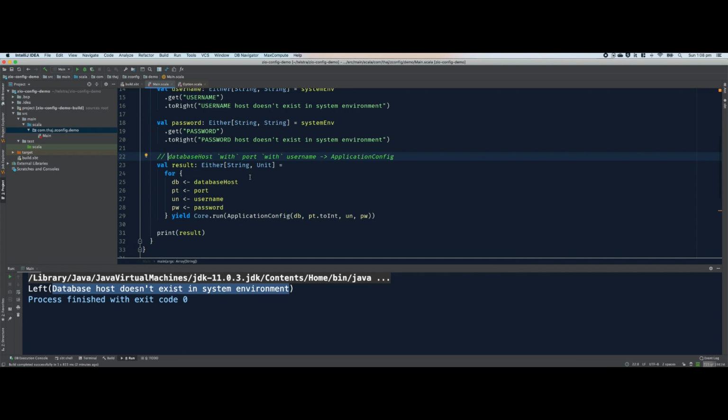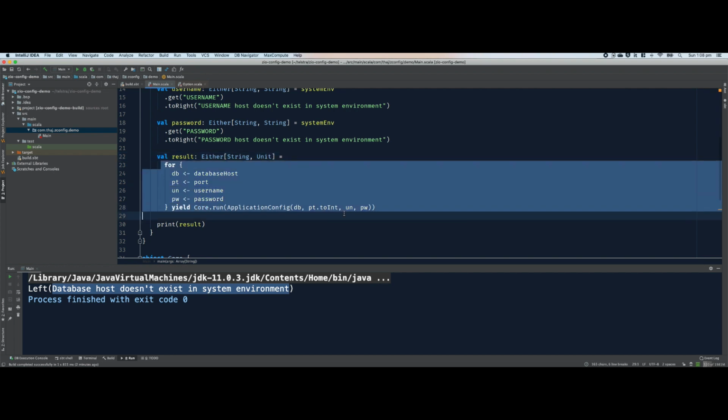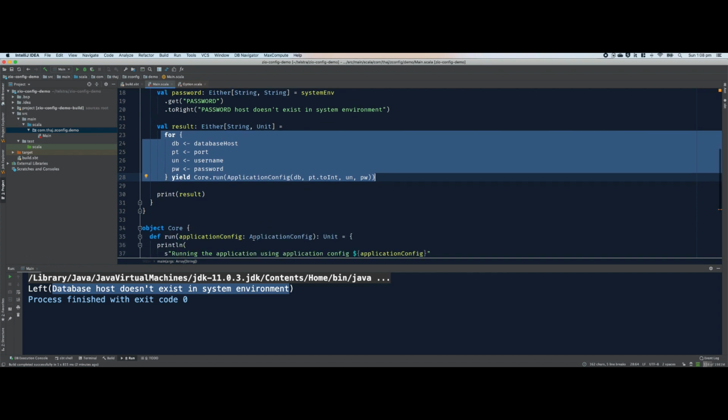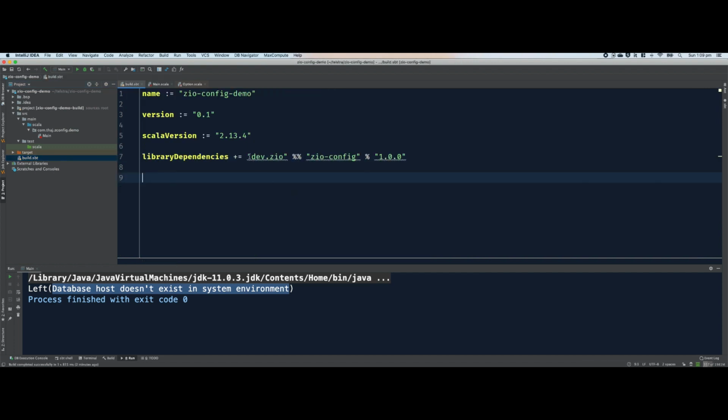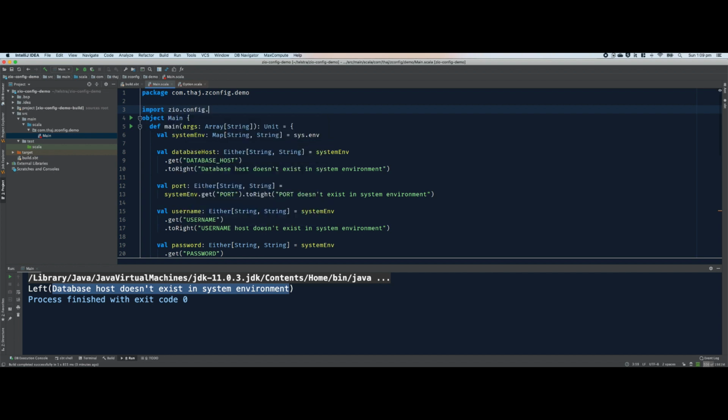Now this is the very first use case of a library like zio-config. Now let's use zio-config to retrieve all of these values, get rid of this for comprehension because it fails fast, and see what's the behavior. Now in build.sbt I have got a zio-config dependency, 1.0 release. Okay, now let's use zio-config: import zio.config._ and config descriptor._